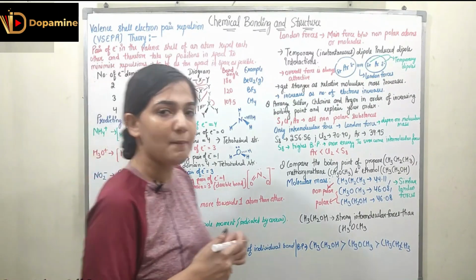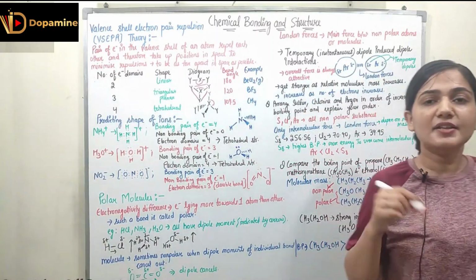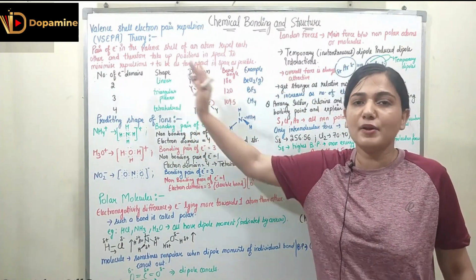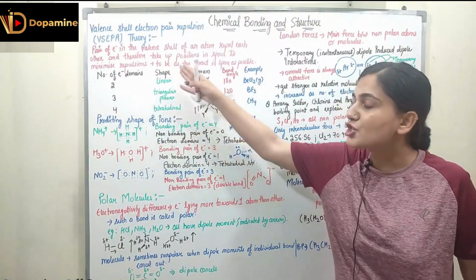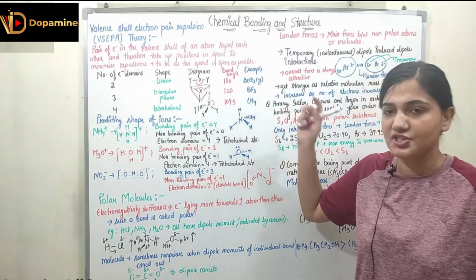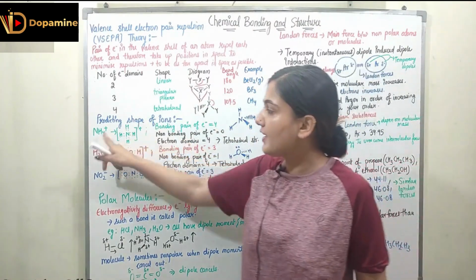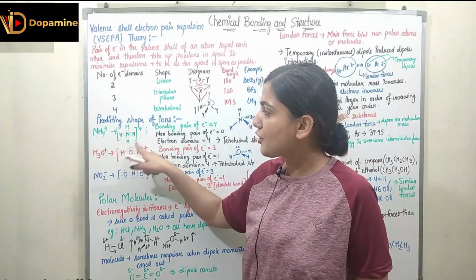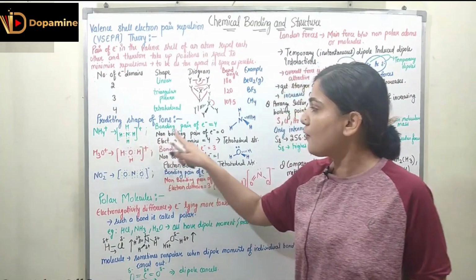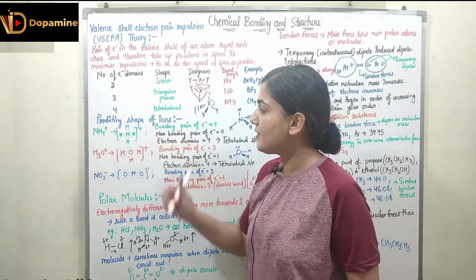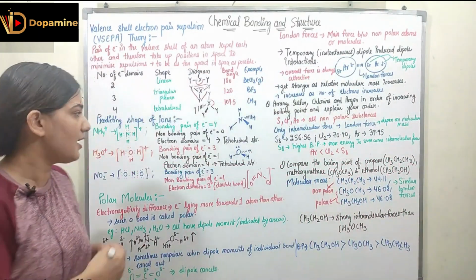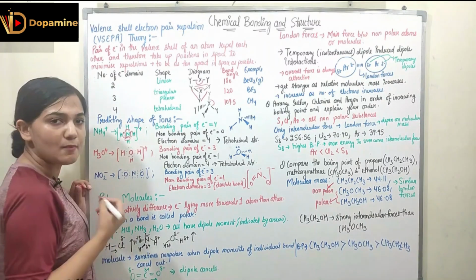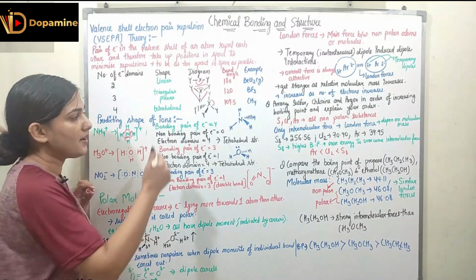Now, predicting the shape of ions. How can we predict the shape of an ion? For that we should know the number of electron domains. If I know the number of electron domains, I can predict which shape it has and I can make the structure as well. Now if I have the NH4 positive ion, first of all we have to make its Lewis structure. This is the Lewis structure of NH4 positive. Now see how many bonding pairs of electrons are there. This is a bonding pair, this is a bonding pair, this is a bonding pair and this is a bonding pair. So the number of bonding pairs is 4.